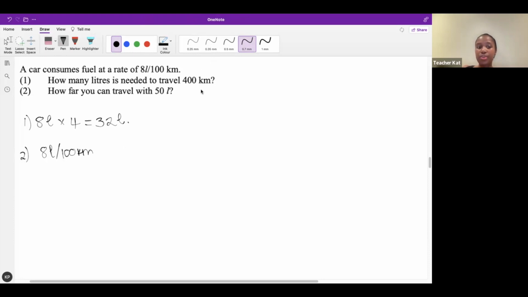This is when unit rates are useful, right? If I find out how much I can travel for 1 liter, then I can take that amount and times it by 50. So let's find out for 1 liter, how many kilometers do you think I can travel? How would I work that out? I would say 100. And then